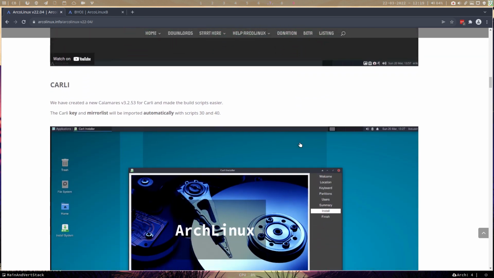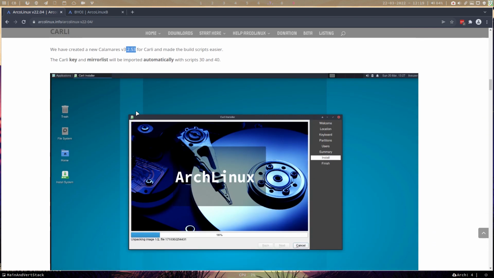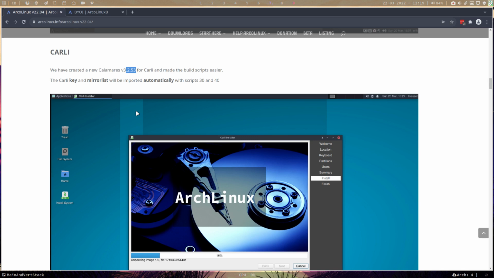And then we have Carly. And Carly, we've created, he's having the 53, so 54, 53. It's 2 days old, 54. So glad that it's in there for our core ISOs. Carly key in the Mirrorless will be imported automatically. It's always these issues with keys, right? So when you run